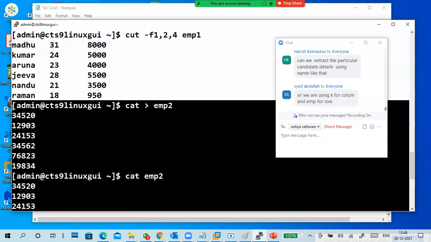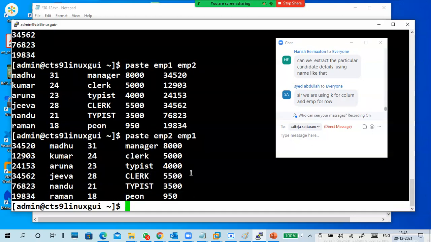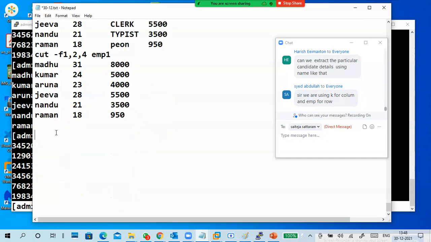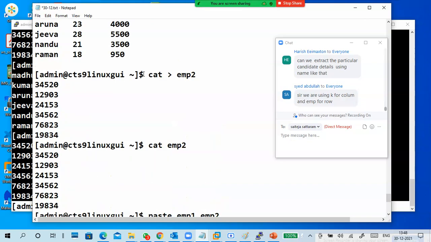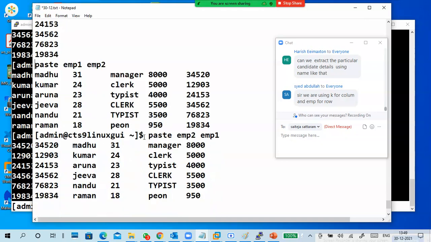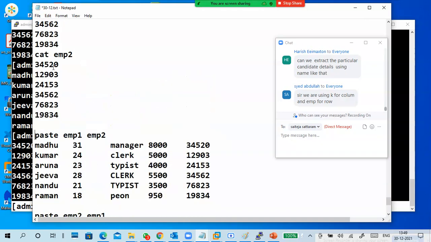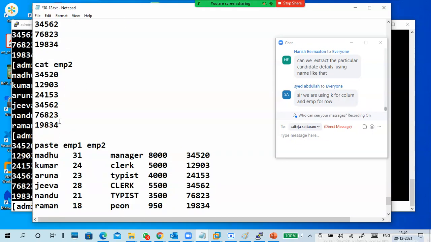So what did I do? I created a file with 6 rows in it. I put some numbers for easy typing.